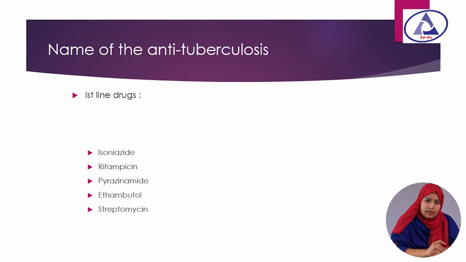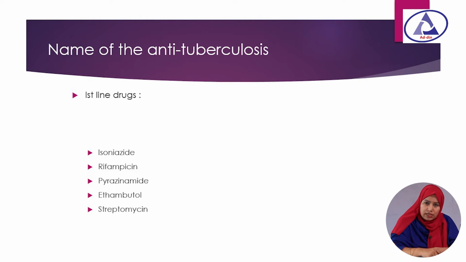Now, what are the drugs that we use for treatment of tuberculosis? They can be classified into 2 types: number 1 first line drugs, and number 2 second line drugs. It is a very common question in your professional examination, also in the item and card final term examination. First line drugs you will utter serially.